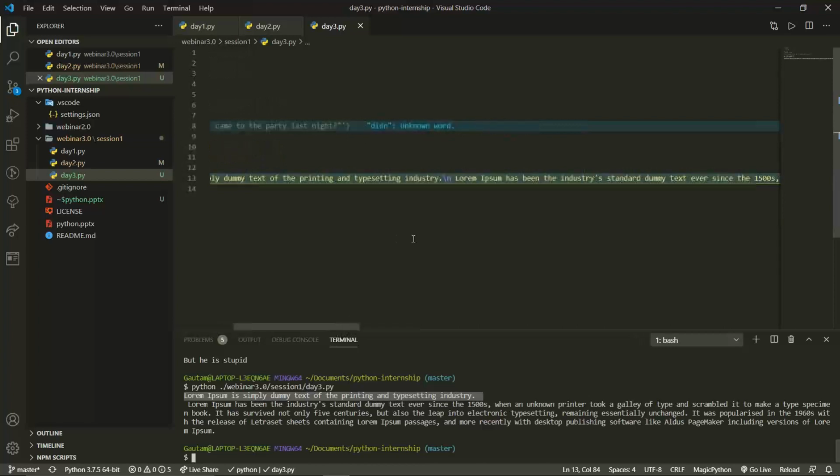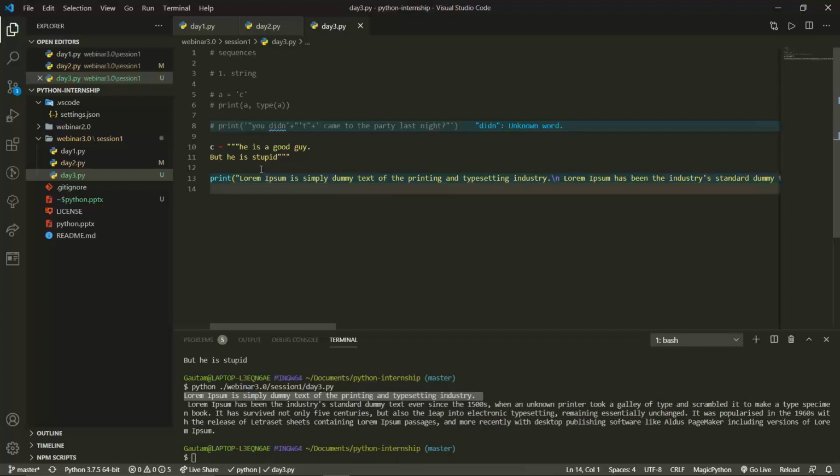In C, C++ or Java, there is no other way of taking a new line character other than this \n. In C, we have another thing like endl. But over here in Python, we can use triple quotes, which gives us a much easier way of representation in a paragraph.